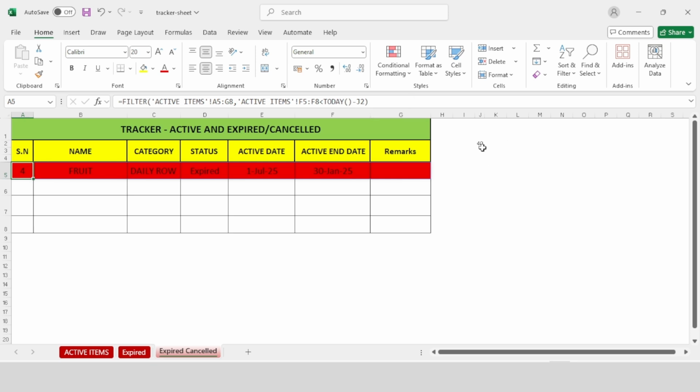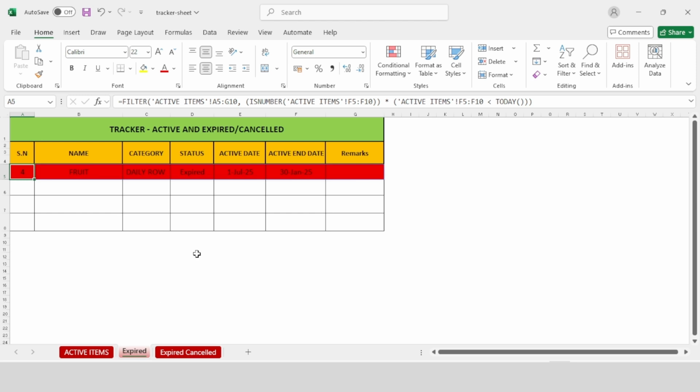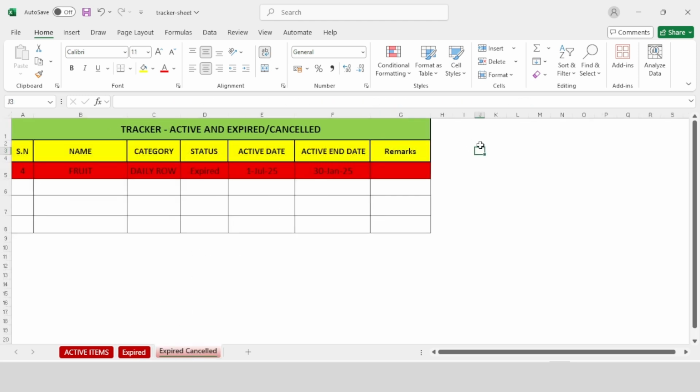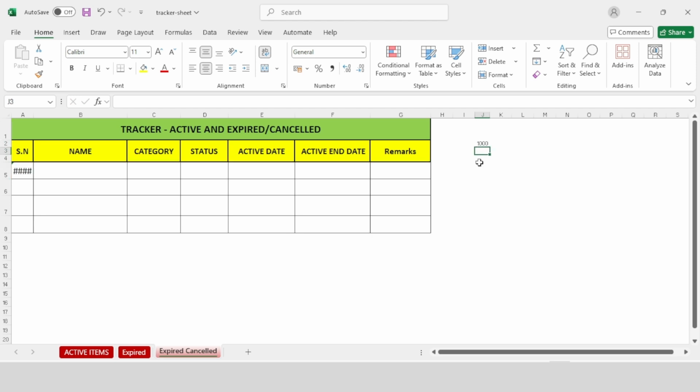Okay. So these 40 days will wait, then after this the data will be copied to this sheet. That is why I use this 40, because we require the cell reference. Here, if you use only 5 days, for example, once these 5 days are done after expiry, then you will see it here. For example, you can see I changed the data, now it is finished.